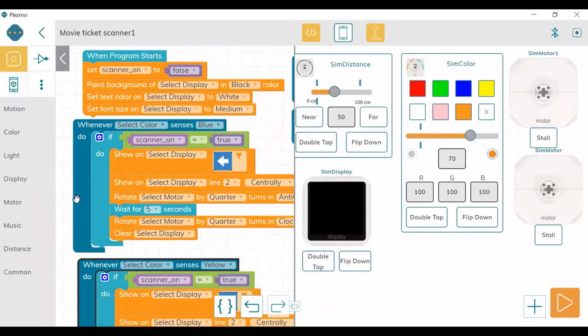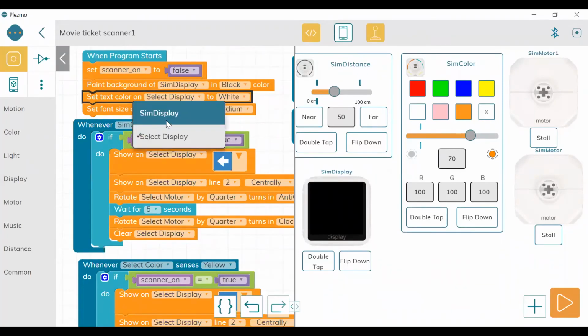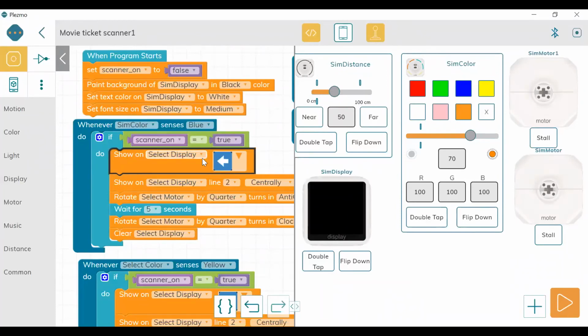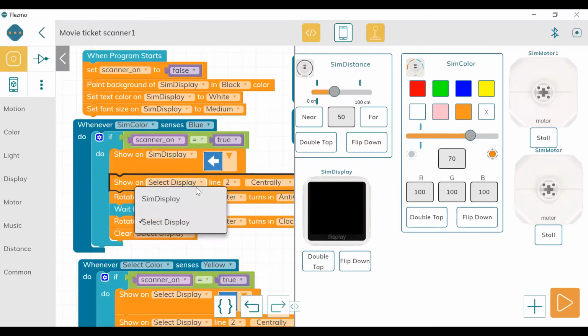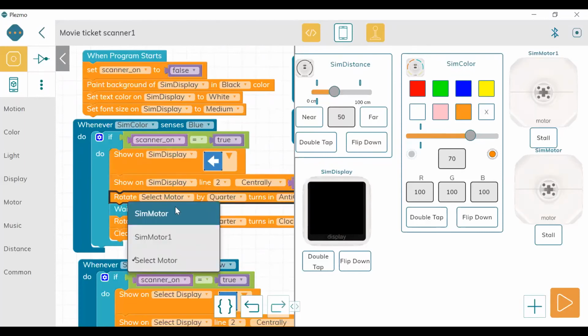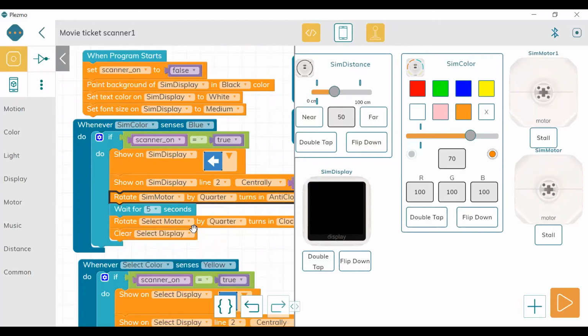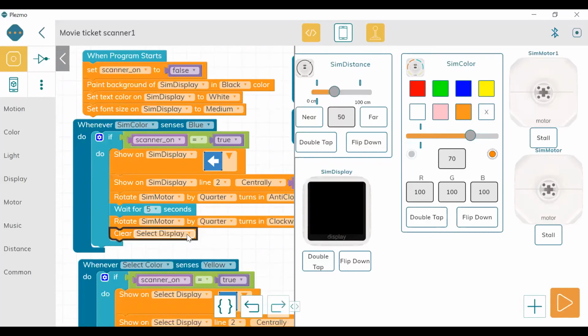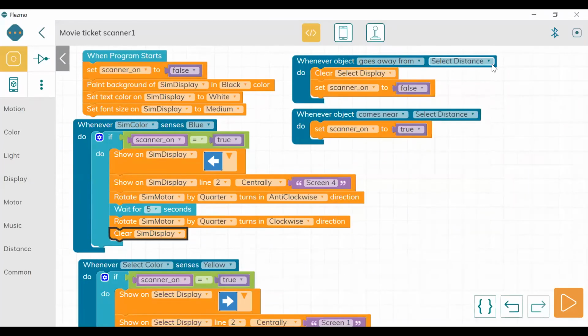So now let me change the options everywhere. Sim color, sim display. Again motor. So in one case I'm going to take sim motor and in the other case I'm going to take sim motor 1. I hope I have done it everywhere. Okay, let me close the simulator once so that the whole program will be visible to me.